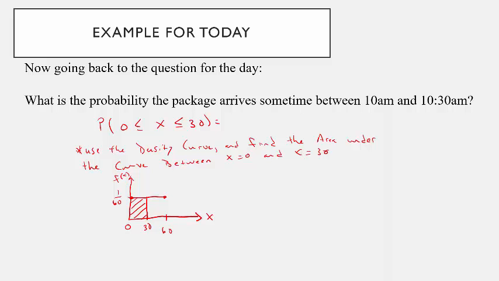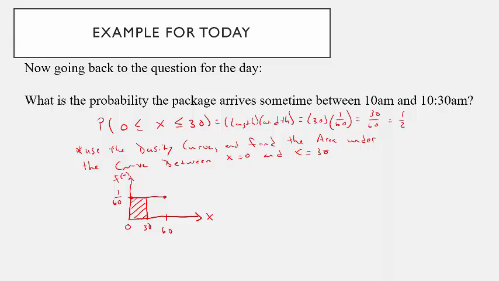To find this area, this looks like a rectangle, okay? So how do you find the area of a rectangle? It's length times width. Well, the length to go from 0 to 30 is just 30. And the width is just this height here, 1 over 60. So 30 times 1 over 60 is 30 over 60,